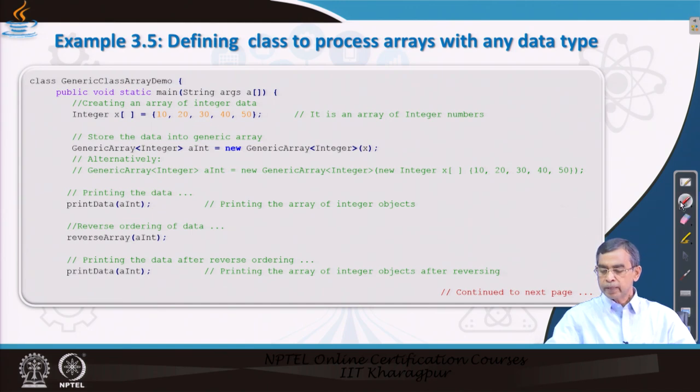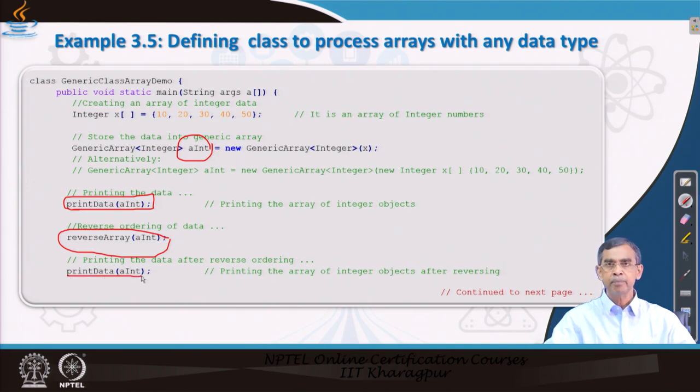Now, next, once this collection a int, a collection of array of type integer, is created, we can pass this and then the print data method can be called, and it prints all the elements in it. Reverse array is another method; we can pass this collection, that means the array of elements, and it can reverse the ordering, and finally if you print the same, it will print the data here in the reverse order. So, this works fine